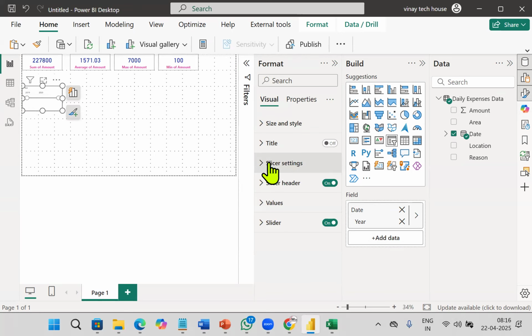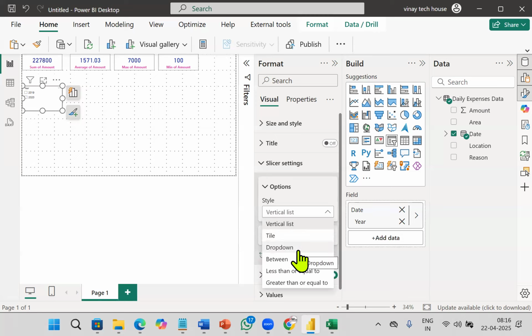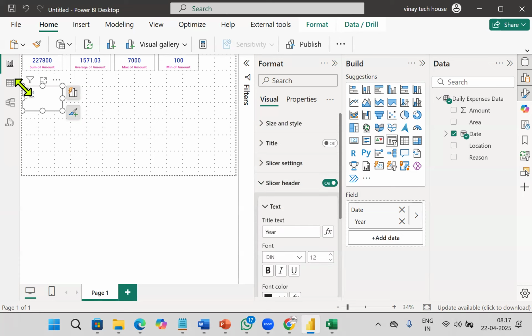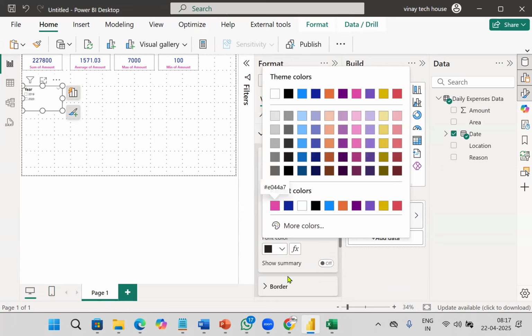Slicer setting, this setting. Go here, between available. You want a button, tile. Tiles are buttons. You want a vertical list, because user selection. How user required, accordingly you take. Range required, button required, list required, drop down required. Which mode he is comfortable, accordingly we have to take. Vertical list format. Fine. Slicer header. This is header. These are values. Bold. I'll take here 20 heading style and font color,